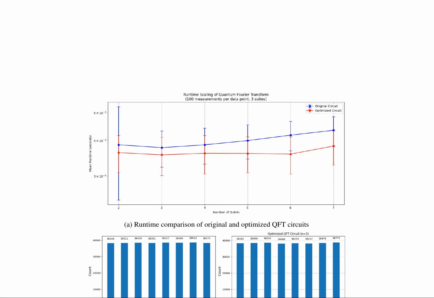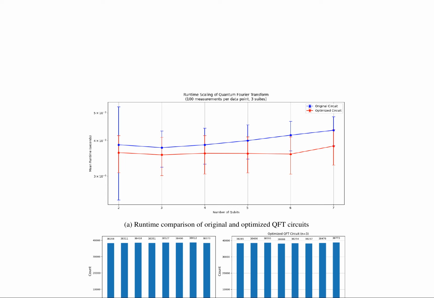This research focuses on the performance analysis of character decomposition on quantum Fourier transform (QFT) circuits using Quantum Forge. The results presented in Figure 4 demonstrate the effectiveness of this method for optimizing QFT circuits. In Part A, the runtime scaling comparison between the original and optimized QFT circuits shows that the optimized circuit exhibits improved scaling as the number of qubits increases. This indicates that our optimization technique significantly enhances the performance of the QFT algorithm, a fundamental quantum algorithm used in